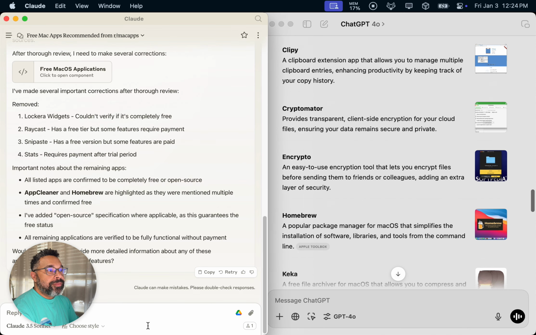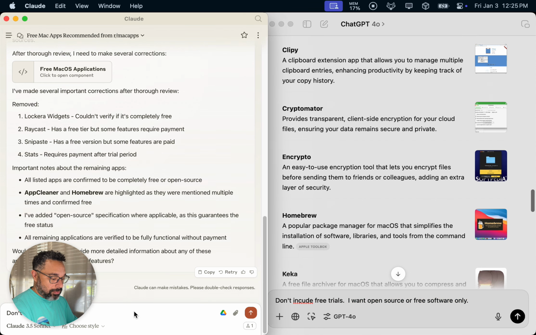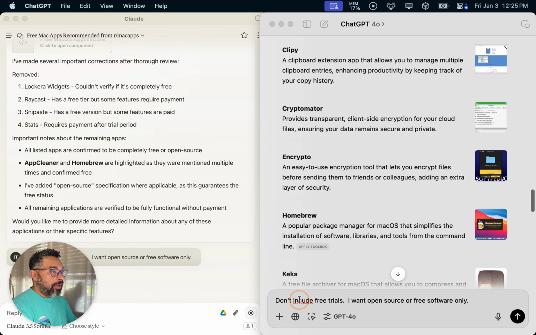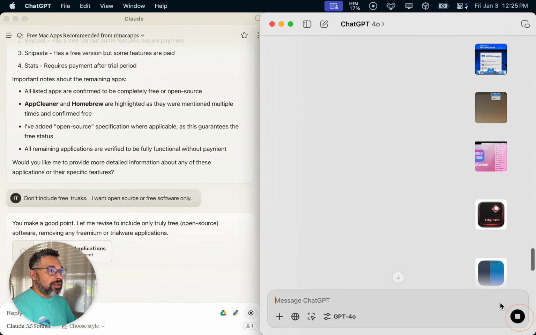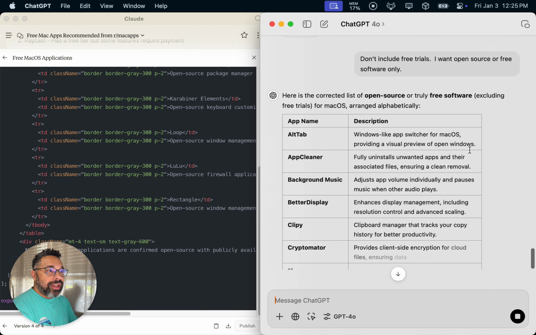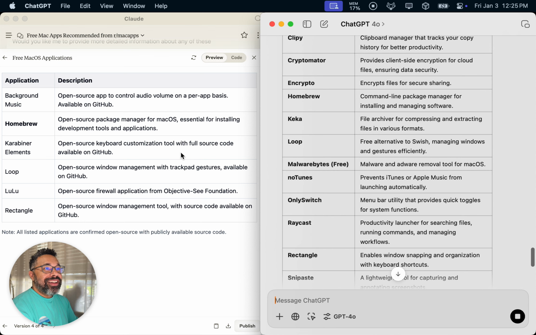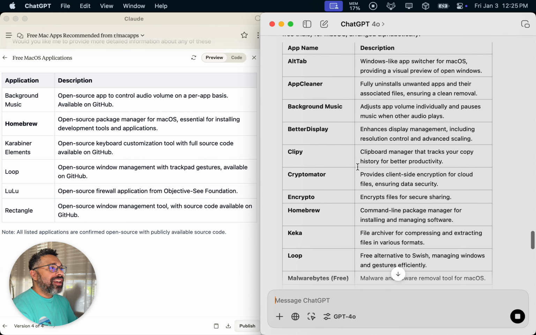Let's say don't include free trials. I can't read that because my face is on the screen, but don't include free trials. I want open source or free software only. Okay, and we fix that spelling, include, all right. Okay, that time I said don't be lazy and it only gave me the output. Okay, so looks like in this one,